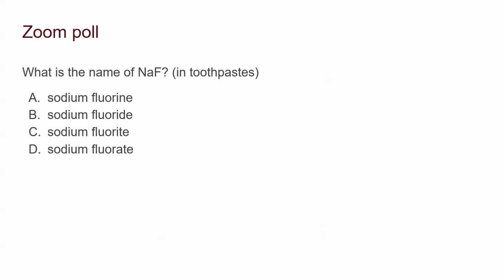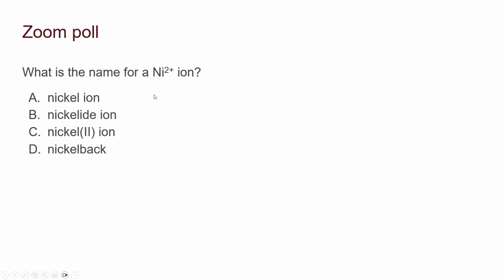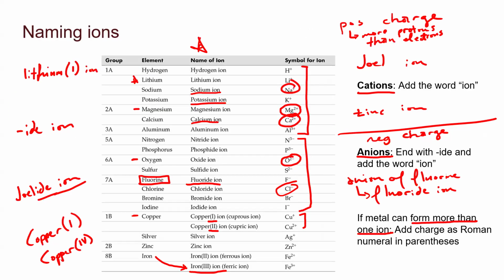Fluoride has a charge of -1, sodium has a charge of +1. They work perfectly together. Here we're going in the opposite direction. Zinc oxide. Oh man, this is kind of tricky. So we're going to pull up another poll, but before we do, let's bounce back for a second. Okay, here we got zinc. Zinc 2 plus. This table right here should be a very valuable resource. Continue using